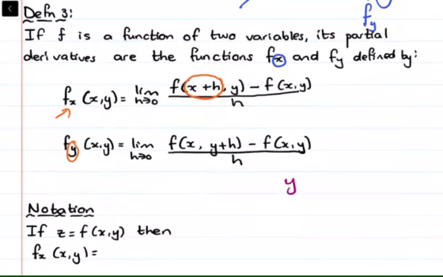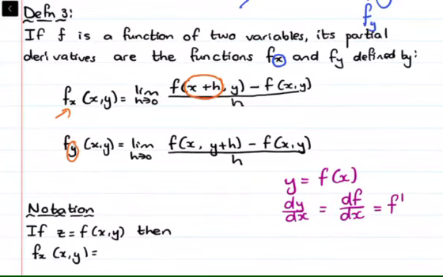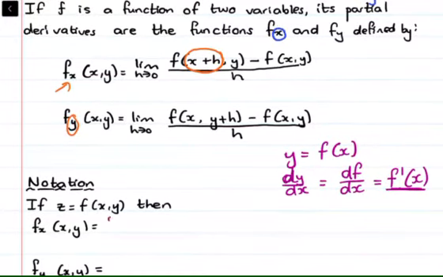We had that if y is equal to f of x, then how did we find the derivative? The derivative was dy dx, or we wrote it as df dx, or we wrote it as f prime at x. So here, instead of having f prime at x, we have f subscript x, which says that we are finding the derivative with respect to x. So now look at the notation. Instead of writing the dy dx, we have a partial